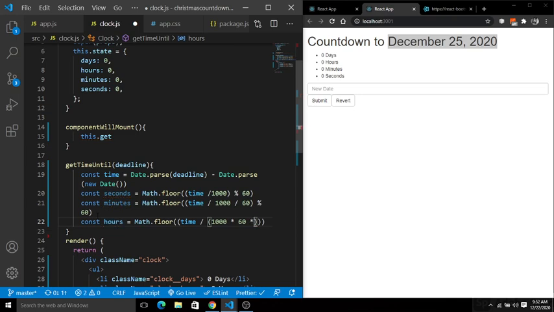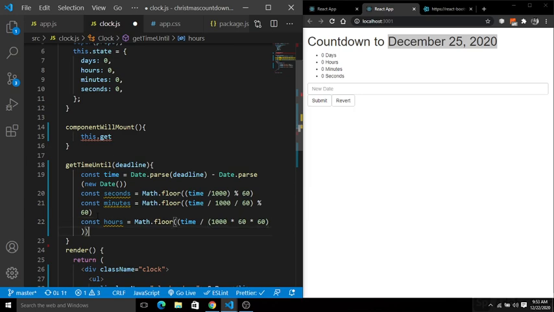Basically in 1 hour there are 3600 seconds. So 1000 into 60 into 60, and what we get from here, simply divide it by 24, because one day is equal to 24 hours. So the remainder will now be assigned to the hours.